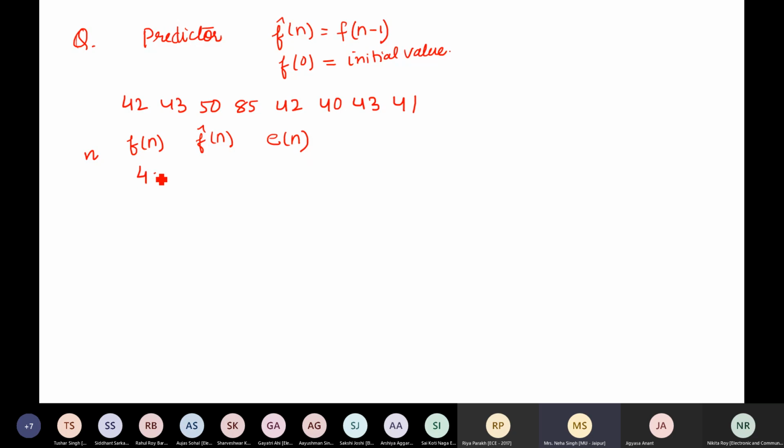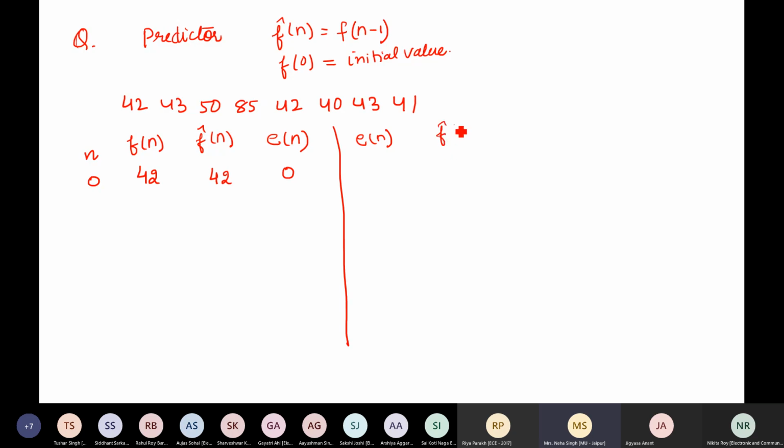So the first value is 42 at n equal to 0. N equal to 0 means f0, the initial value, will be the value itself. So f cap is expected to be 42. So the error transmitted is 0. Basically this error is not transmitted, but the first value is stored, so that at the receiver, when I receive the error,